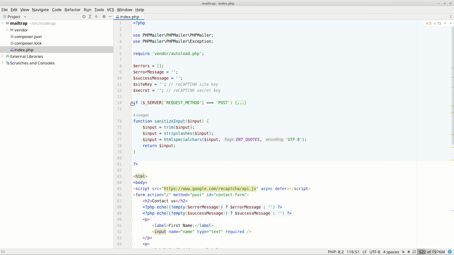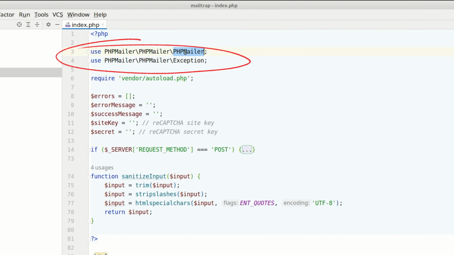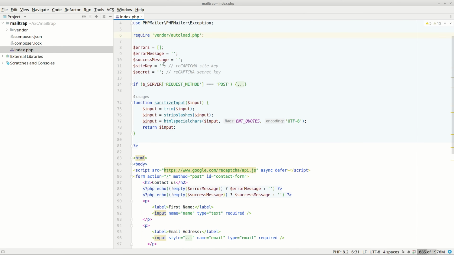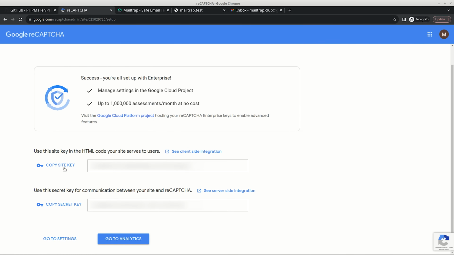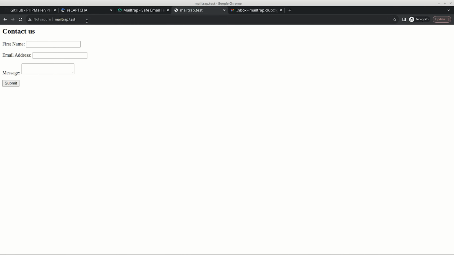Now, let's dive into the back-end code responsible for processing the submitted form and sending the email. First, include the necessary classes from the PHP Mailer library and the autoload file generated via the composer. After this, specify the secret keys that make reCAPTCHA work. They can be obtained from the reCAPTCHA Service Administration panel after registration. Once the secret keys are set, reload the form page to verify reCAPTCHA integration by checking for the logo in